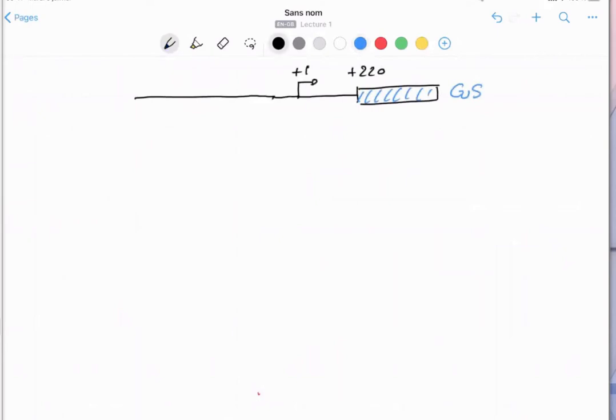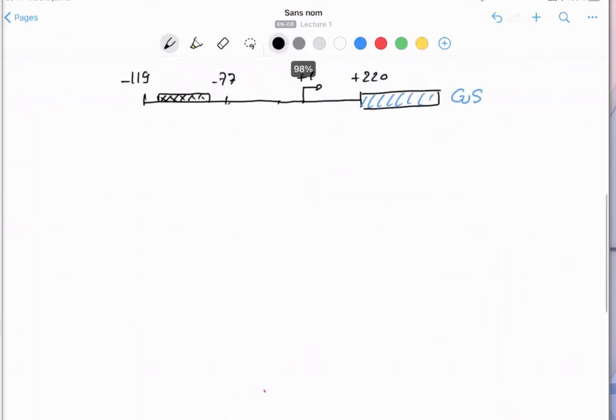This position is minus 119, and this position is minus 77. And the conclusion was that the region between 119 and 77 contains the elements that are necessary only, not sufficient, to drive the expression in the vascular tissue. So how do you prove that this sequence only is sufficient